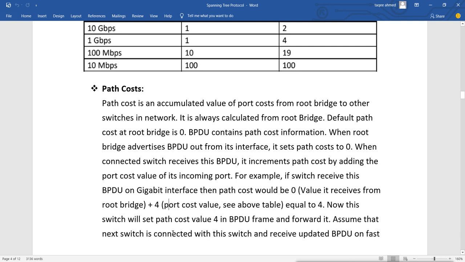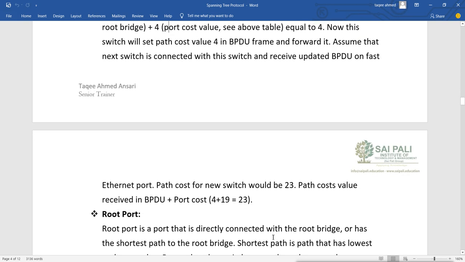Assume that the next switch is connected to this switch and receives the updated BPDU on a fast Ethernet port. So the path cost for the new switch would be 23: the path cost value received in the BPDU plus the port cost. So BPDU plus port cost is equal to the path cost.